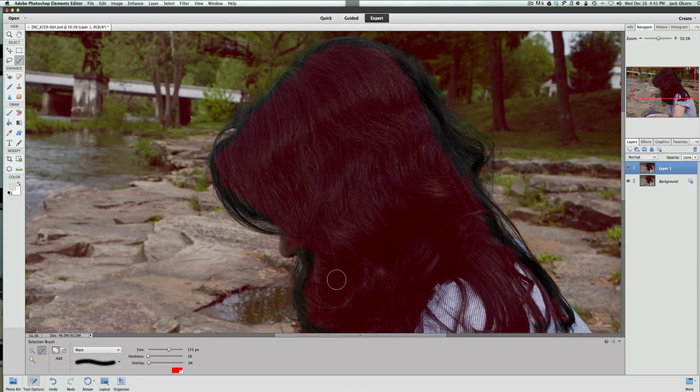And once you have the outline done, I suggest that you blow your brush up. So I'm using the right bracket key, and then I can do this a lot quicker. I'm going to mask everything else in. And once we get this done,